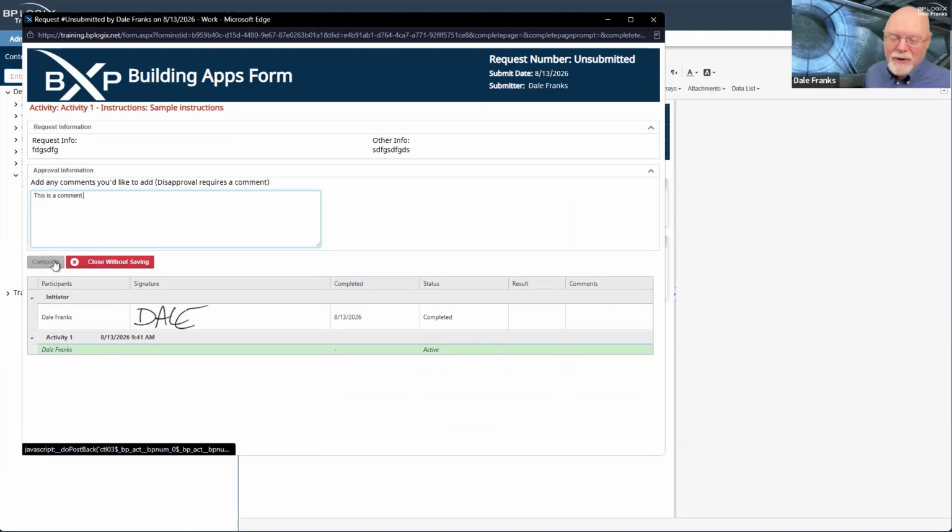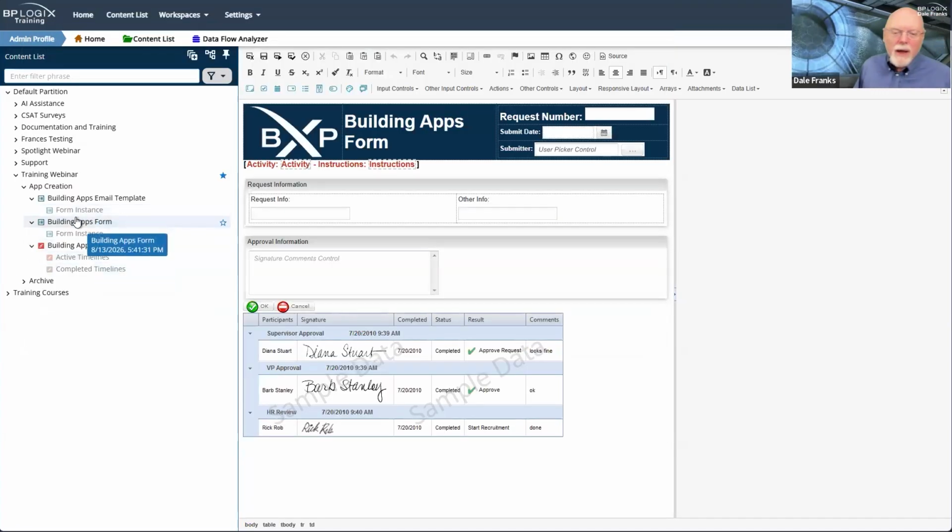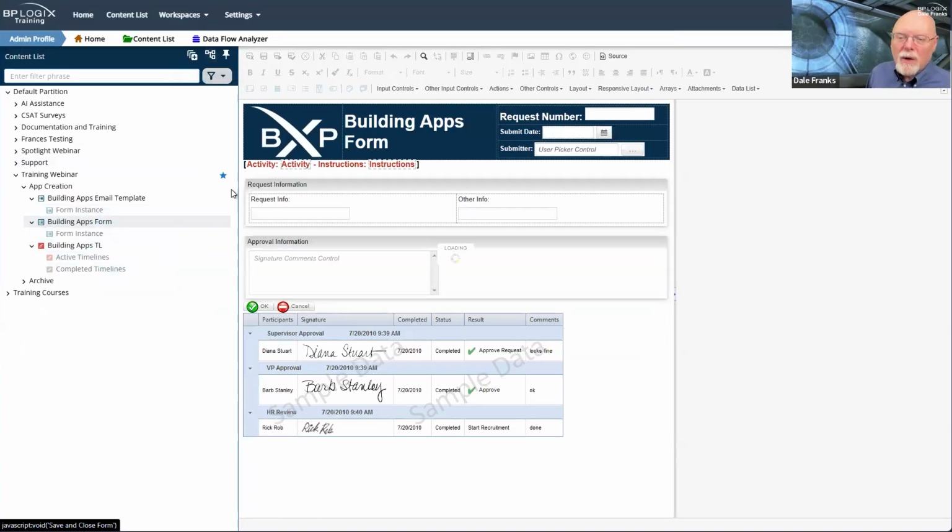So we're going to have to complete our activity and reopen the instance to ensure that our comment actually gets added where it is supposed to be added. So we're going to go ahead and hit complete there. Then we're going to go ahead and save and close the form just for general purposes.